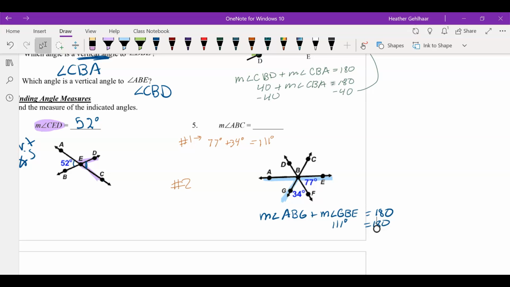111 equals 180. Measure of angle ABG plus this. Subtract that over. The measure of angle ABG equals 69 degrees. Then we can go ahead and say if this is 69 degrees, and we know this here is a linear pair, we can go ahead and do 180 minus 69 degrees, which is 111,